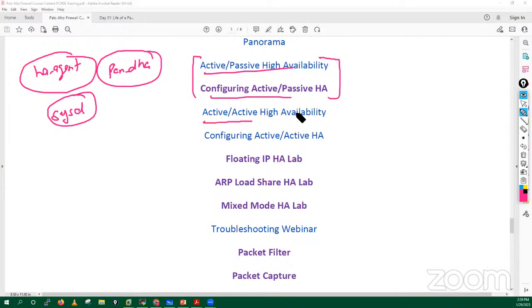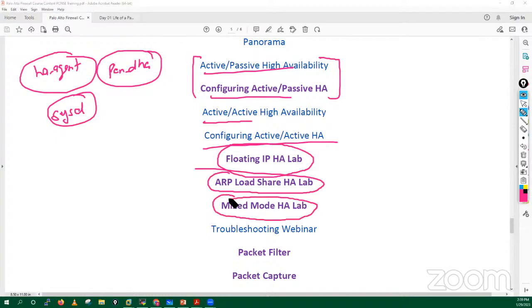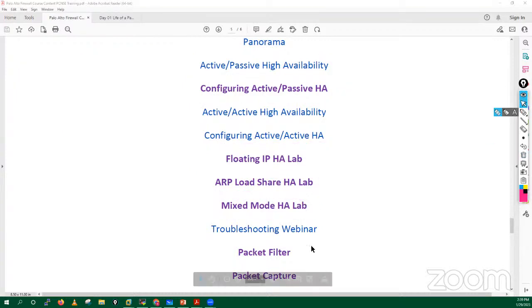I will also go through active active high availability and how we can configure active active HA. What is the floating IP HA lab? What is the ARP load share HA lab? How can we configure the mixed mode HA lab? And after that, guys, I also used to have